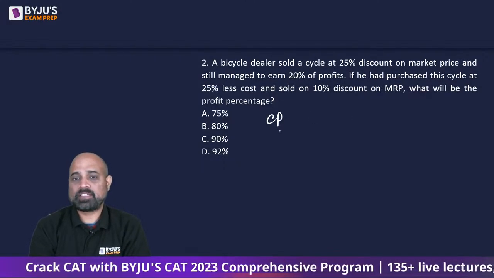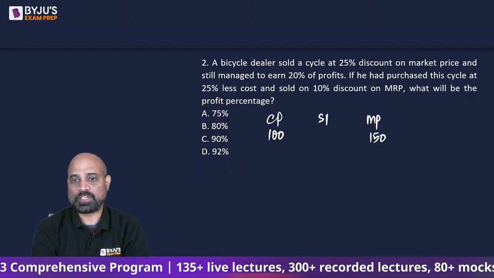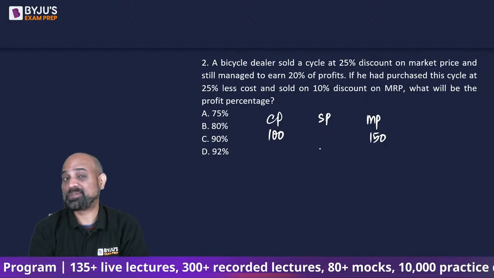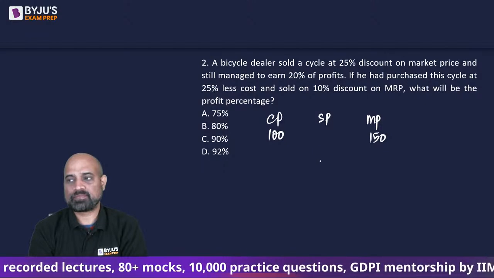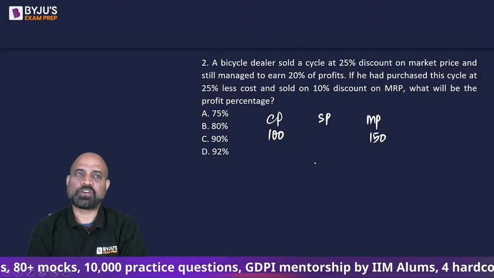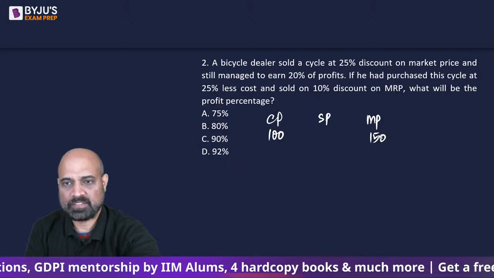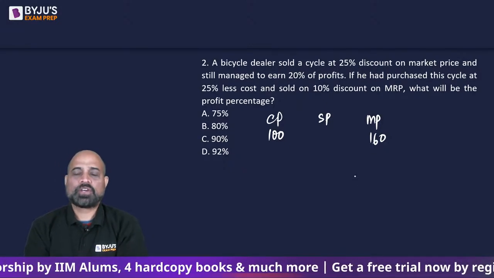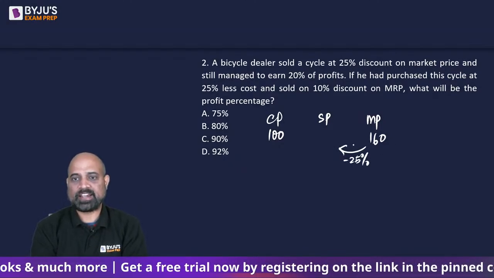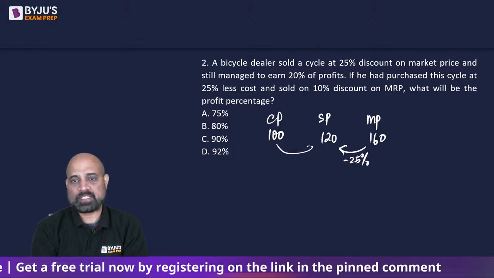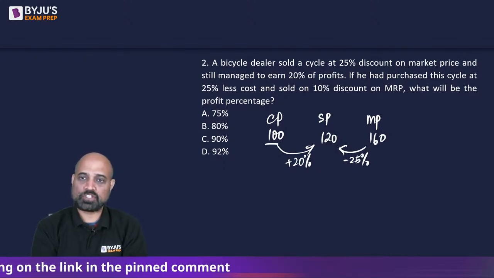So if the cost price is 100 rupees and if the mark price is 150 rupees, so when you give a 25% discount, 25% or 1/4 of, no. If you take 1/4 of 150, it won't end in that. It should be 160. So if I take 1/4 of 160, that is 25% discount, I will end up at 120, and this is